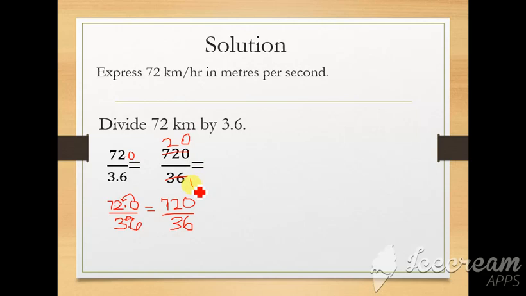But if that number seems too big for you, you can divide them little by little, like I've done here. So I have these. I'll start with 3. 3 in 36, that's 12. 3 in 72. 3 in 7, that's 2. Remainder 1. If I put a 1 to this 2, I have 12. So 3